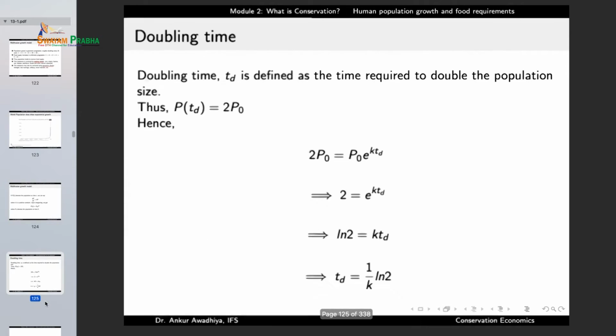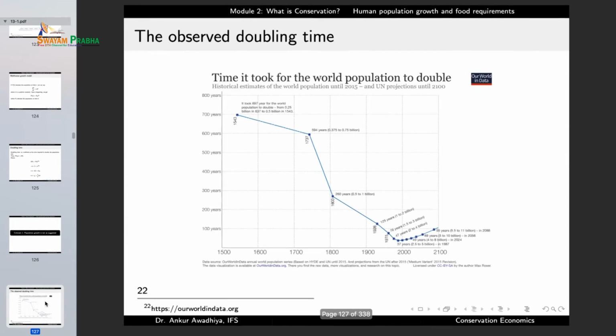And the world population has been increasing. We looked at doubling times. But the thing is that Malthus could not have predicted way back that we will also have an increase in the technologies. So we have been able to postpone the situation of crisis by having better technologies. We have been using more fertilizers, we have developed pesticides, we have developed high yielding varieties of crops. And all of this has helped us to avoid the crisis situation. So, still today, we are able to meet the requirements of human beings.